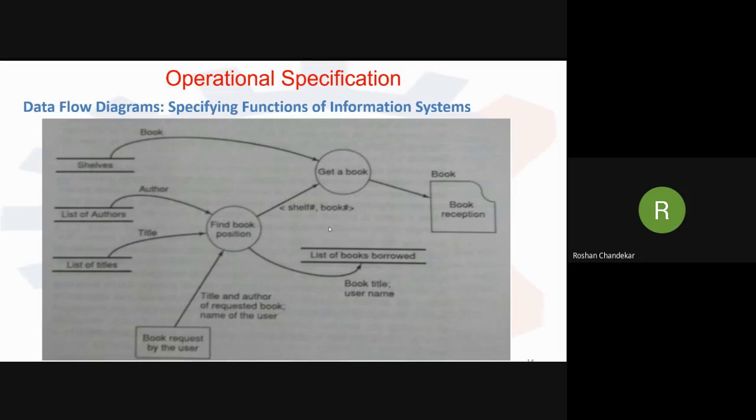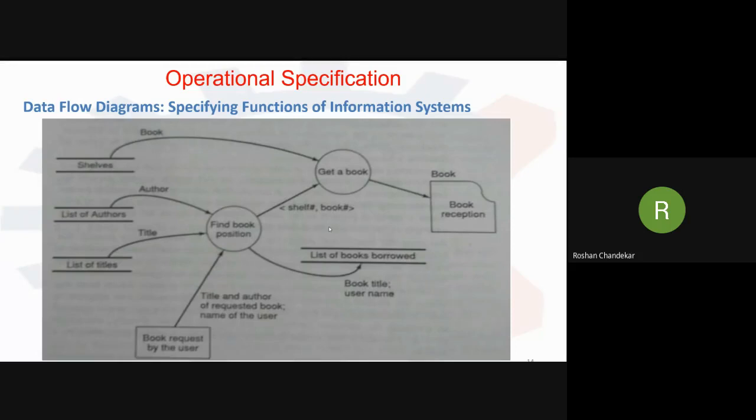instead of search by topic and get a book, we have find a book position and get a book. Where is the book position? Where is the book stored in the shelf? That is the position that I'm going to require. I'm going to refine that previous DFD. So here it is. My DFD is again